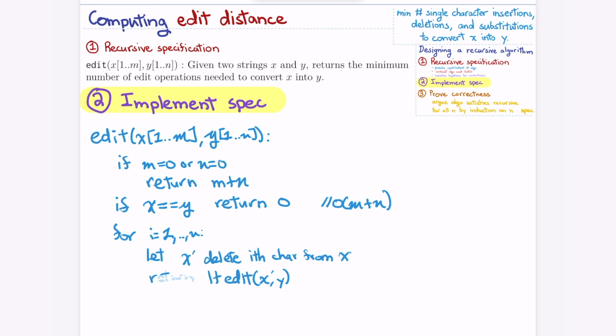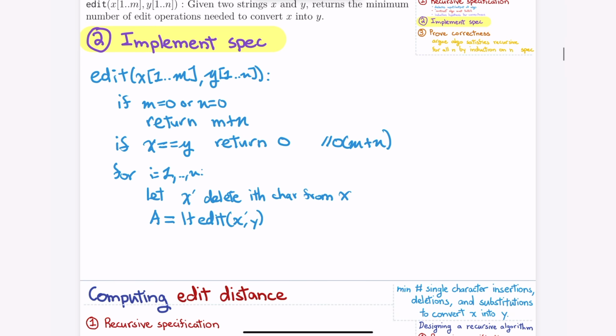Okay. A is equal to 1 plus edit. Okay. And then I guess you want to do something similar for, okay, so how do I do this compactly? Okay, so you also kind of want to try 1 to n, let, I guess x, okay, j is equal to, oh, 1 to m, this should have been m, 1 to n,